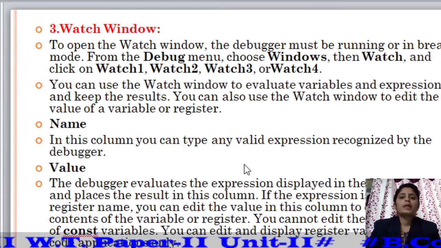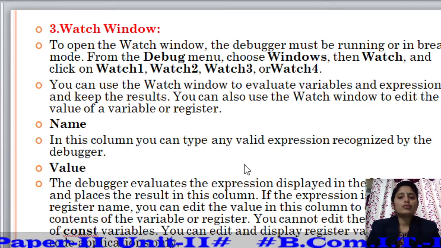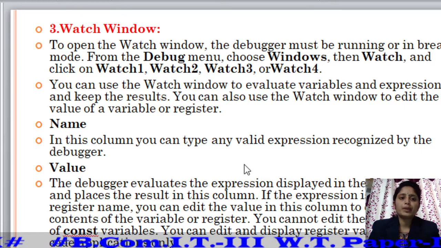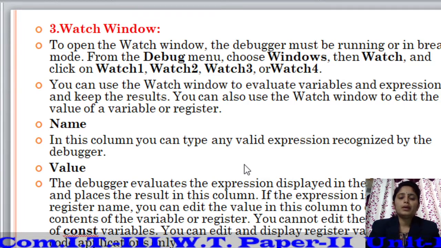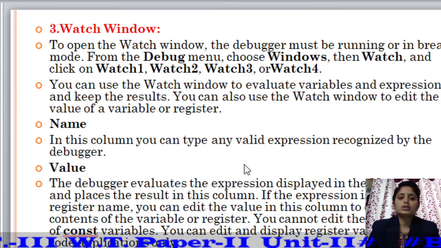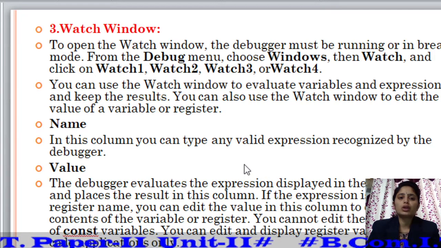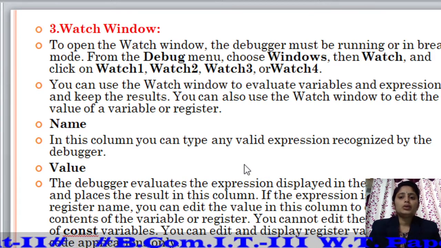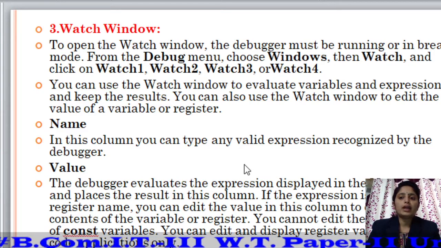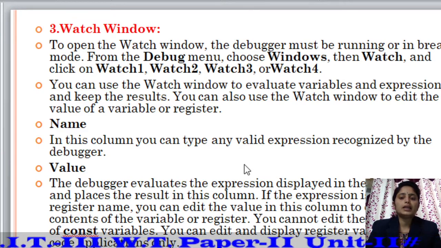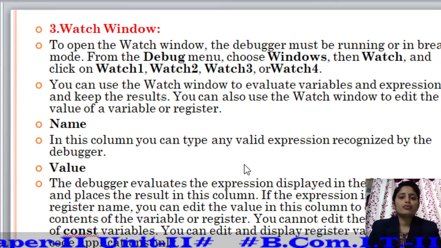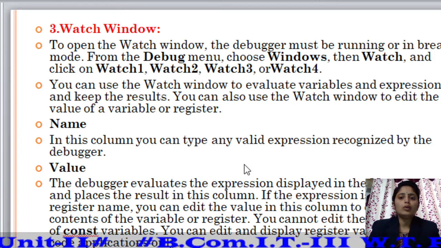The next is the watch window. To open the watch window, the debugger must be running or in break mode. From the Debug menu, choose Windows, then Watch, and click on Watch 1, Watch 2, Watch 3 or Watch 4. You can use the watch window to evaluate variables and expressions and keep the results. You can also use the watch window to edit the value of a variable or register